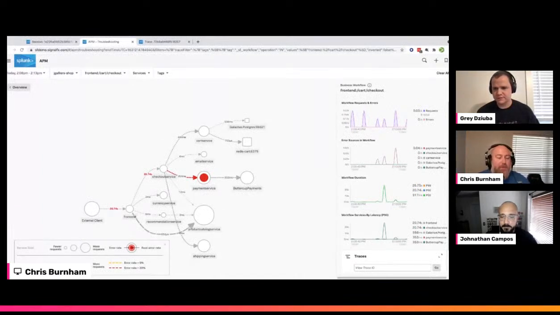Sure thing, Gray. So when we're looking at this map, and Jonathan mentioned it earlier with OpenTelemetry, we don't want to have to build and onboard all of these customized things for every application that we have, especially in a highly dynamic environment where microservices are involved. That's going to change, sometimes by the minute. And so keeping that up to date would be a monumental task. So APM is actually building this map dynamically for me based on the factors that I gave it.